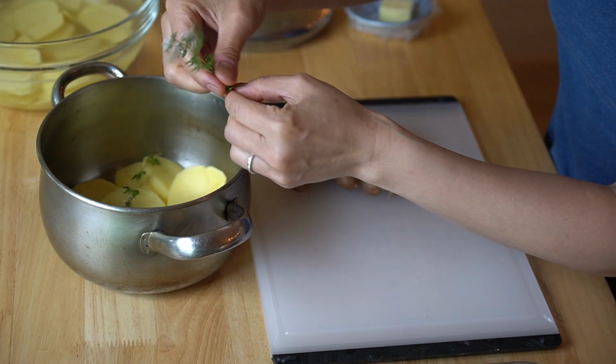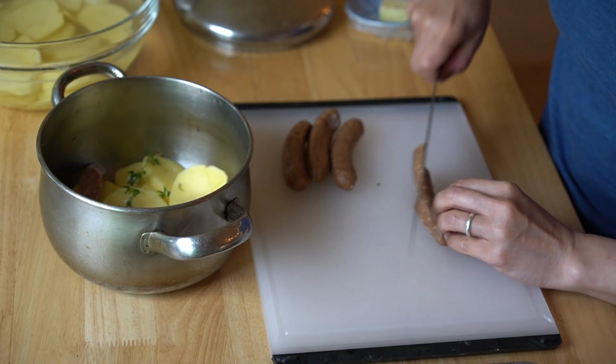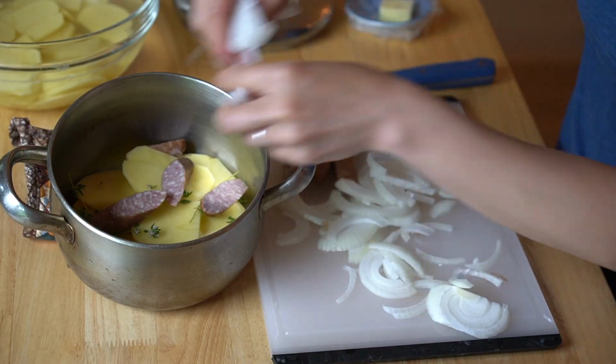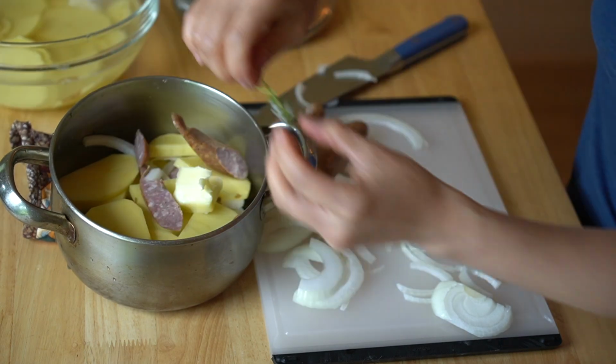To that, I'm going to add a few sprigs of thyme. Love thyme. This came right out of the garden. And then I'm going to add some sausages. I'm just going to slice these up, place these in the pot. I've even seen recipes on how to make bread in these cookers. So stinking cool. To that, I'm gonna add a layer of onions, more potatoes, a pat of butter, add more